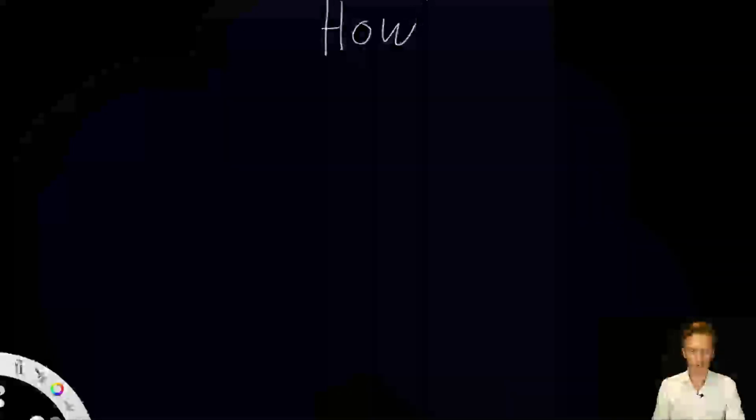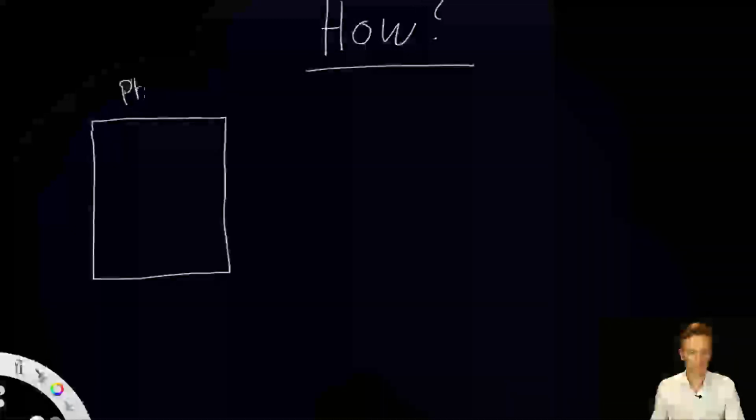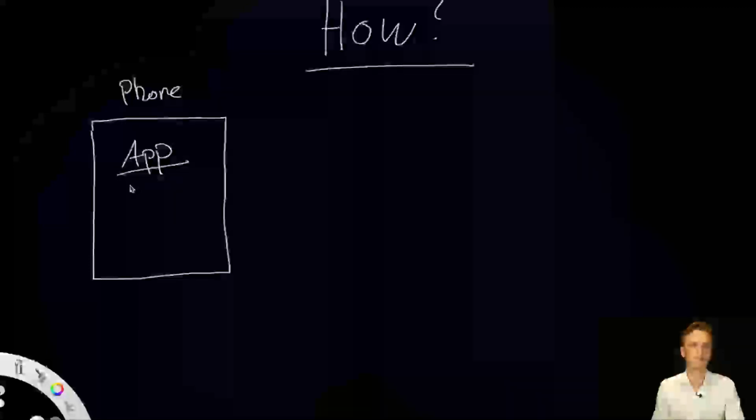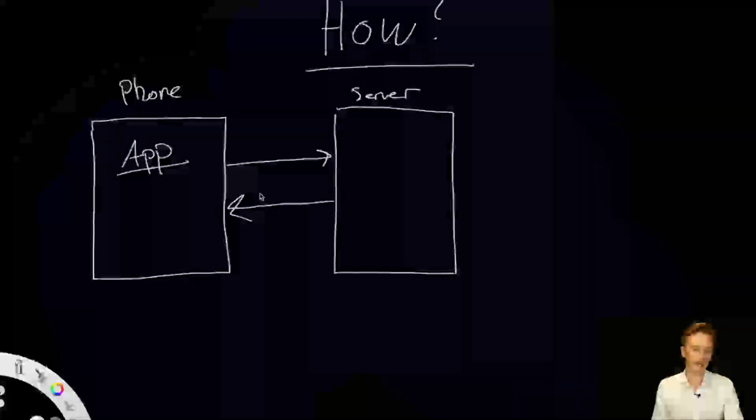So first of all, in a typical game, you have maybe your phone. Let's say it's a phone. It's an app. So we have a phone, and here we have an app running, right? So it's a game running in app form on your phone. That app will communicate with a server, as long as it is an actual online game, but almost all games nowadays are online games. So even though the game will run on your phone, this is responsible for running the actual game, doing the graphics,